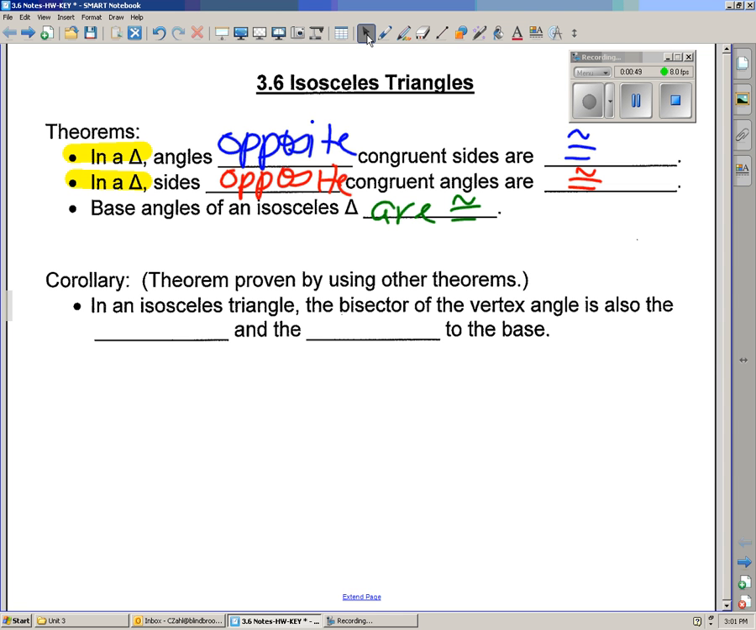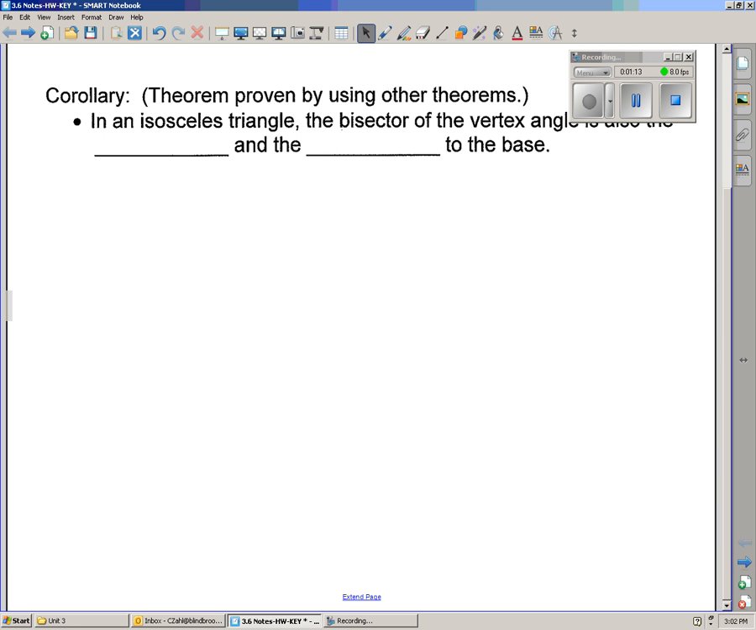in one single triangle where you've got two sides the same and the angles opposite them are congruent, and vice versa. So there's this corollary, which is a theorem that's proved by other theorems. I wouldn't worry so much about the word corollary, but just understand that if you have an isosceles triangle, then